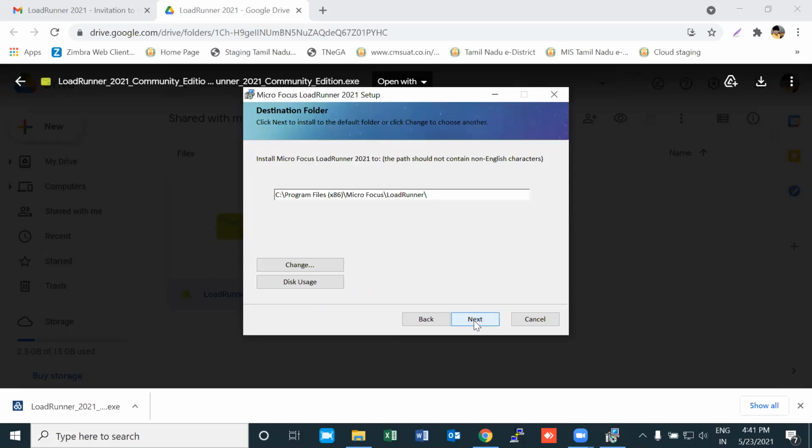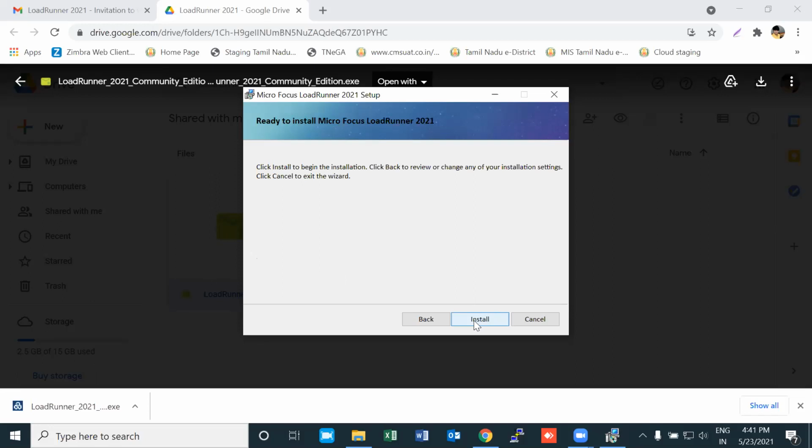Yes, so it will be installed in Program Files x86, right? So everyone knows the difference between Program Files x86 and Program Files, right? Click next. Install, click install.